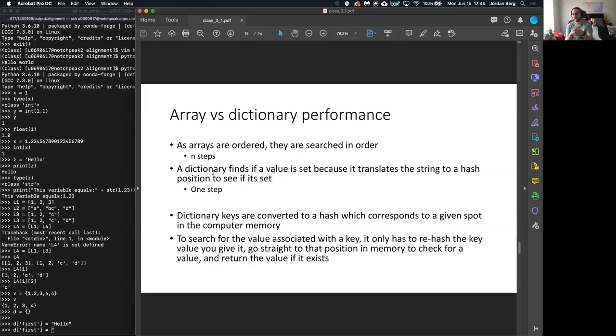Whereas if that list is instead a set, then it only needs to say, okay, is this gene in the set? Convert that value to the position in memory and see if that position in memory is filled. And then it returns whether or not that was true. And so looking up values within a dictionary or set is a lot faster because of that. Especially if you're working with big data sets, this is going to matter, where if you can use a set or a dictionary, that could make an operation run in seconds versus minutes or hours,